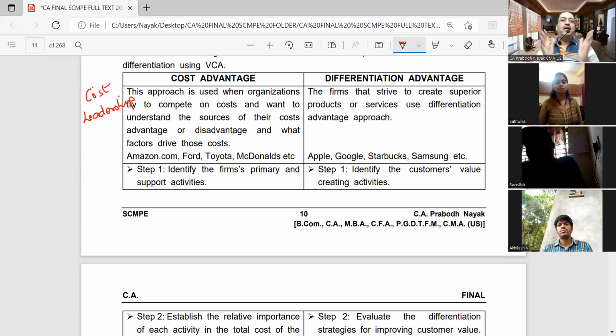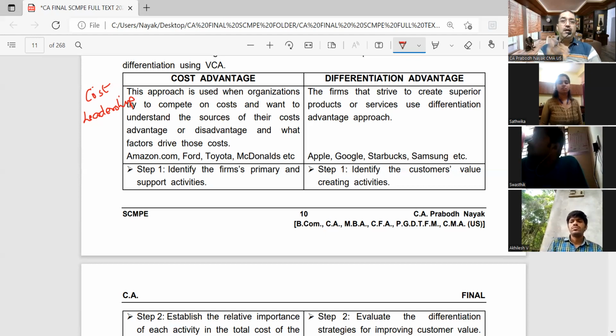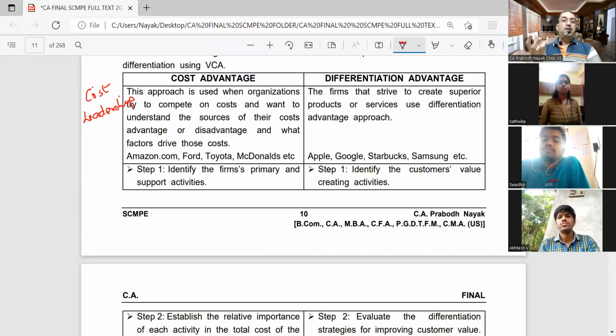Because of what? Because of maybe some feature, some quality. Maybe because of the quality. Maybe because of the fragrance. Maybe because of the cost. But here we are talking about differentiation. So, some feature of the product which is making the product outstanding in the market, look different in the market amongst all the other products,